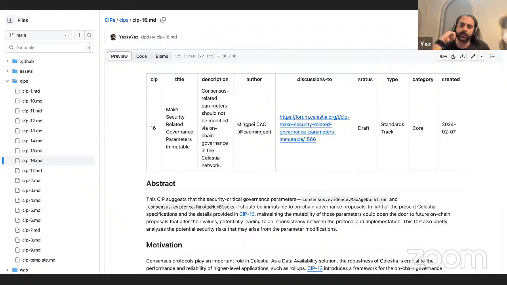Okay, so it sounds like everyone is aligned on going forward with the SIP without necessarily doing the holistic approach. So Mingpei, for your next step, just update your CIP and change the status from draft to review, to mark it for review. People will give it one more review, and then hopefully in 2 weeks' time, you can attend the call again, and we'll try to get a rough consensus on moving it to last call. Okay, I'll finish as soon as possible. Thank you for writing the CIP. We appreciate it.